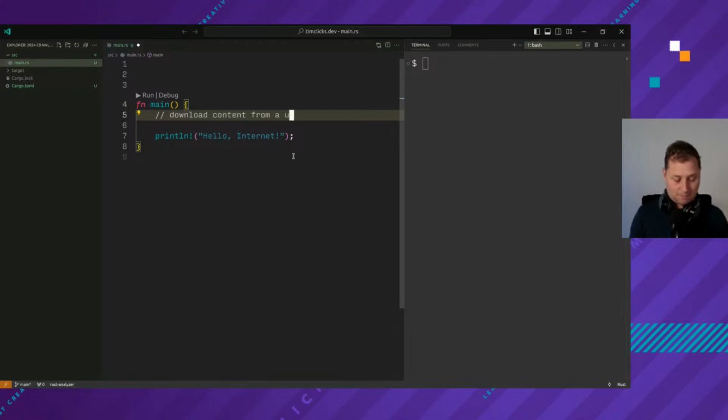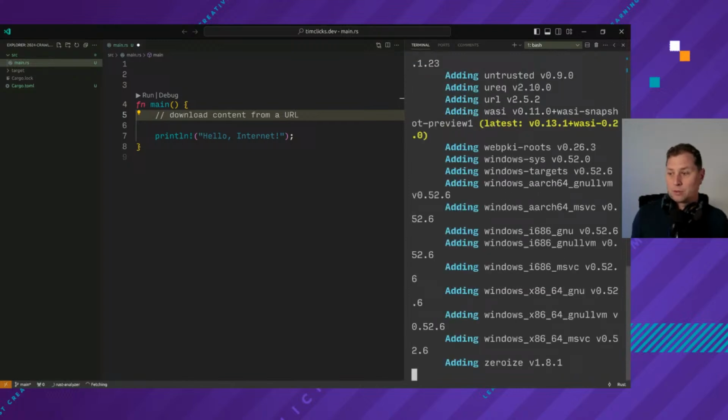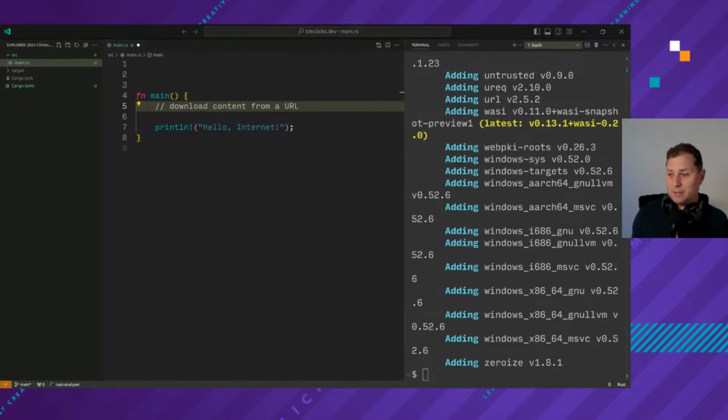from a URL. And the natural thing to do if you are new to Rust is probably to say something like, I need async Rust, and I need to go for the sort of the biggest thing out there. And I want to introduce you to a different crate. I'll just check that I'm in the right place. Yes, I am. Cargo add urec. So urec is short for micro requests, and allow me to